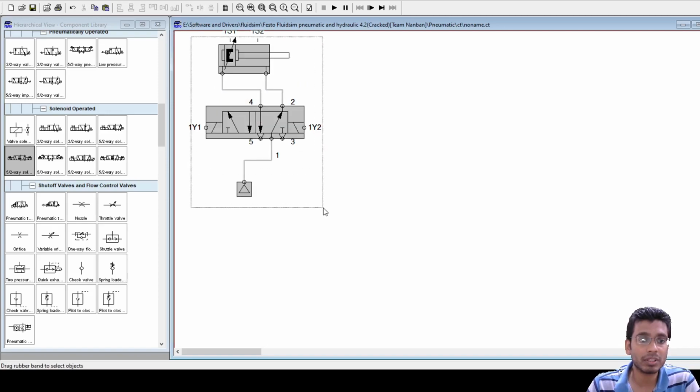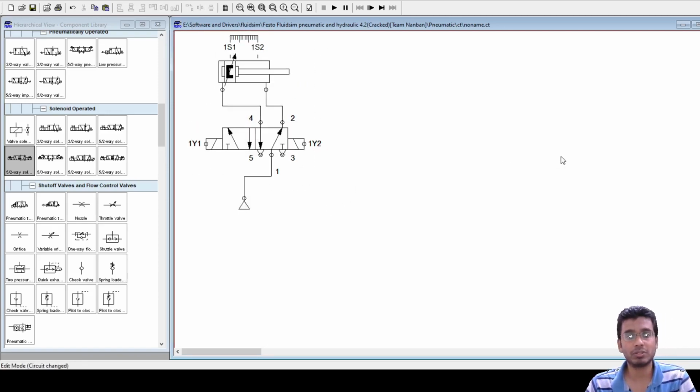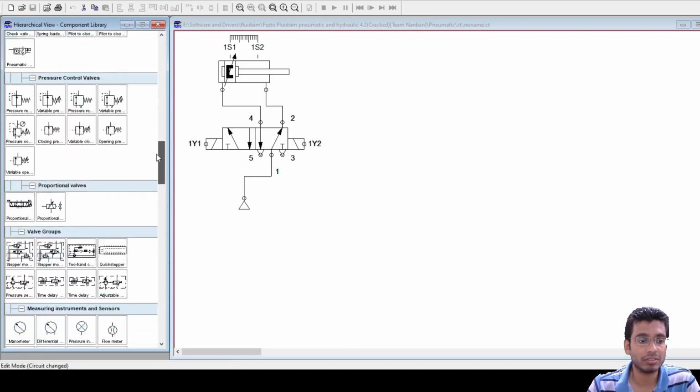I think I need to drag both of these a bit downwards. Fine, now it is more visible. So you have placed those limit switches here. Anything else to be done in the pneumatic portion, or is my pneumatic portion complete? Complete. Yeah, good.